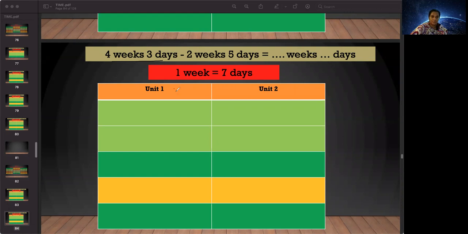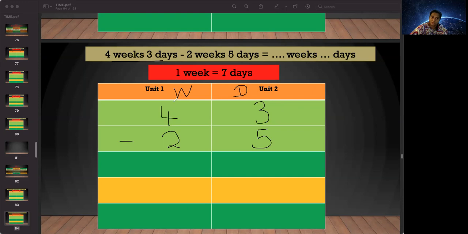So this is your weeks and this is your days. Your first unit is weeks, second unit is days. So write it down: 4 weeks, 3 days, take away 2 weeks and 5 days. Now ask yourself, can 3 days take away 5 days? You can't. So in this case, just like how we would borrow or exchange place values